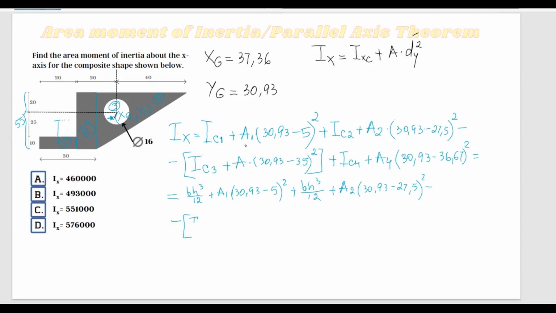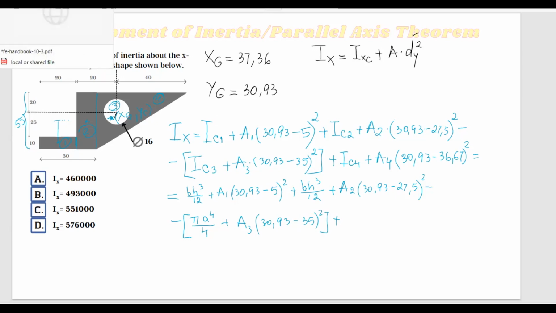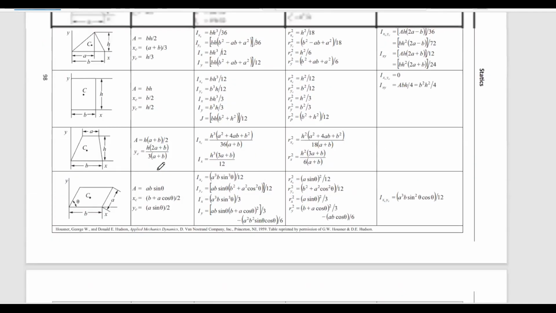It is pi a to the power 4 over 4 plus area, this is area over 3, multiplied by 30.93 minus 35 squared plus, and now IC4 is the moment of inertia of this triangle,